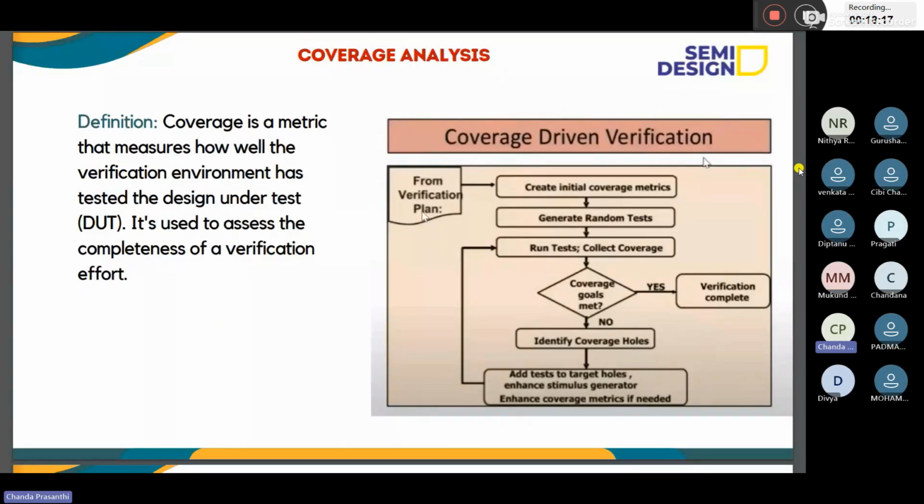Plan means how many blocks are there in the design, in every block how many test cases we are writing, and which functionality is going to be verified by which test case. If there are 10 test cases, every test case verifies its own functionality, right?